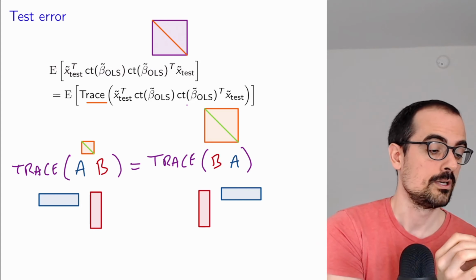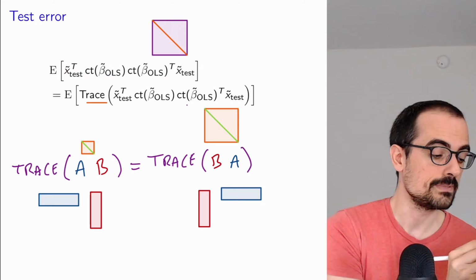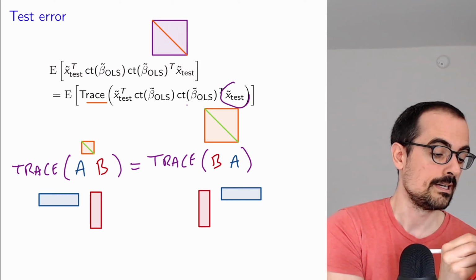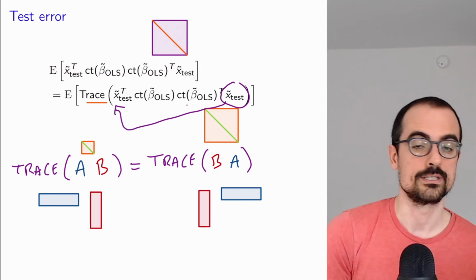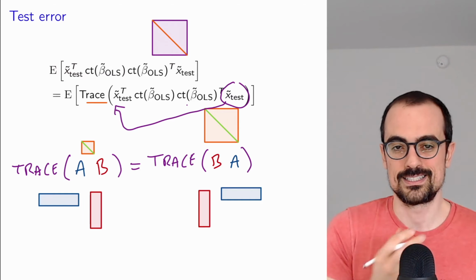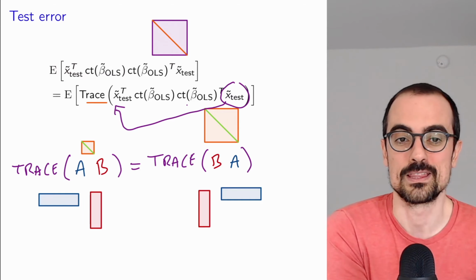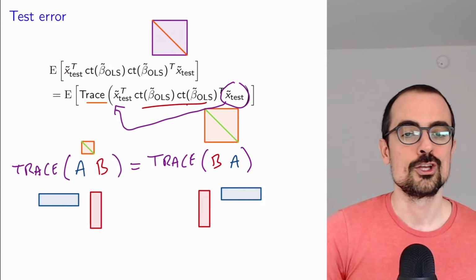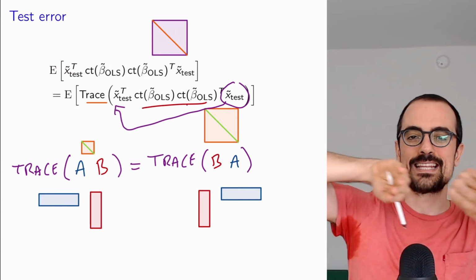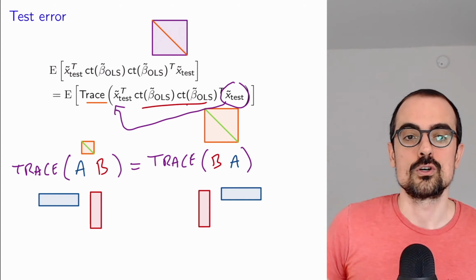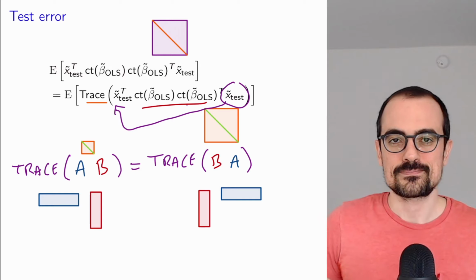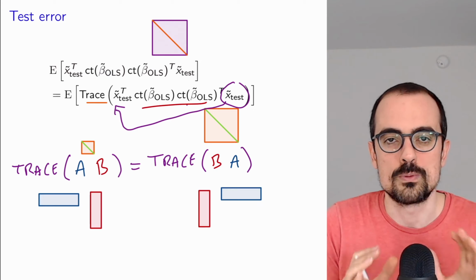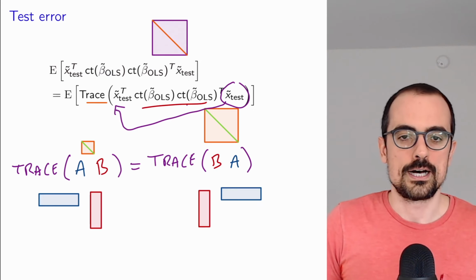This helps us out because now, if I'm taking the trace of this whole expression, I can actually take this guy and move it all the way over there where it's with its friend that is very related to it. It's exactly the same thing but transpose, and separate it from these guys that are independent, so that then later on we can separate them into the product of their corresponding means. Okay, I hope that made a little bit of sense. These are just mathematical details that are not super important, but just so that you see where our result comes